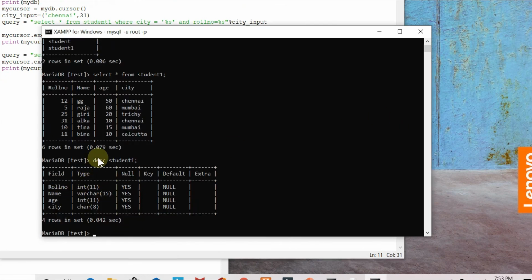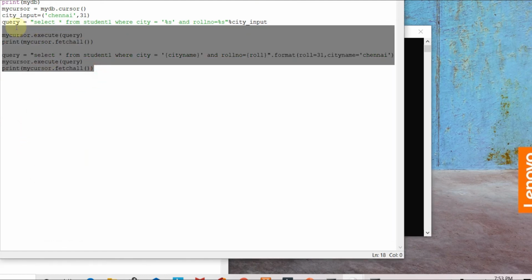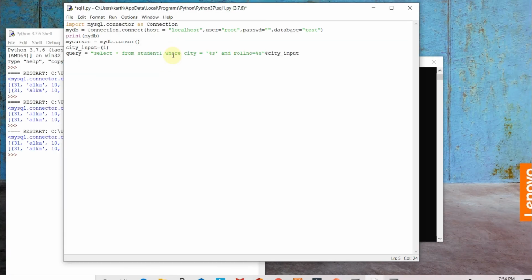So this is a description of student. We have roll number, name, age and city. This is the order in which we need to insert. Roll number 110, name, age and city. Here I need to insert the data into the database.